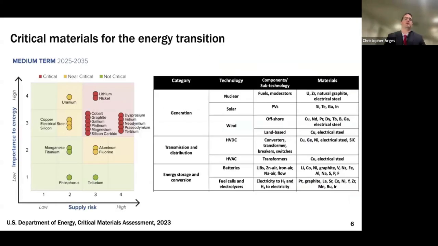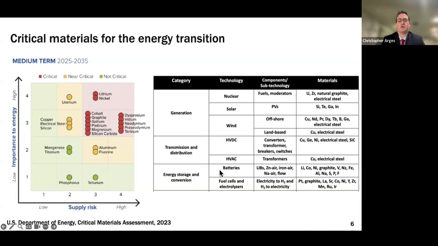So critical minerals and materials, or really I should just say critical materials, are paramount for the energy transition. So we're going to see a lot of electrification, whether that's for powering our homes or powering our vehicles. But there's also a lot of interest in electrifying manufacturing to reduce greenhouse gas emissions from that. And so all this electrification is going to need these critical materials. So copper is a really big one for transmission and distribution. Iron, electric steel is iron with silicon.